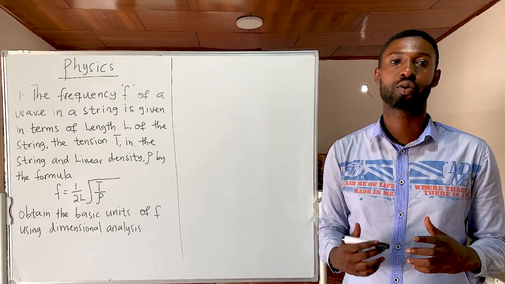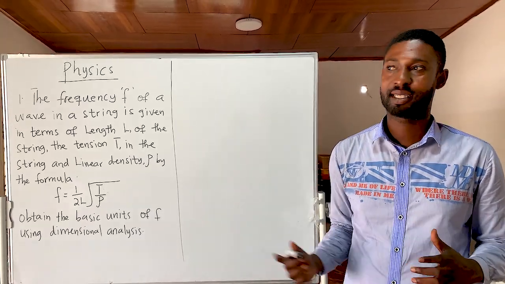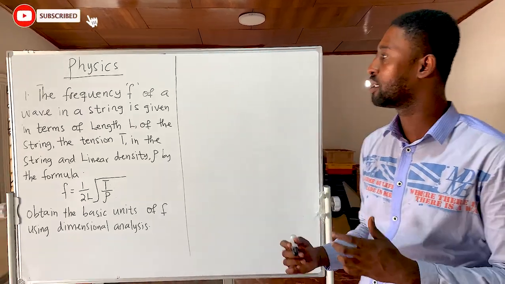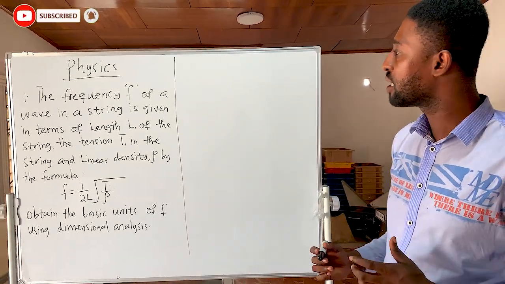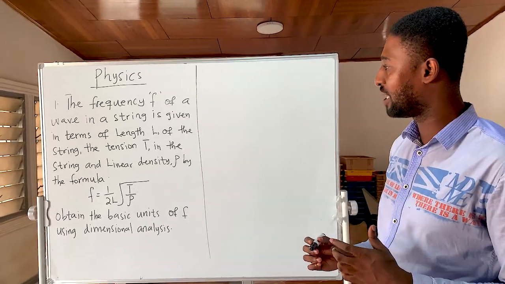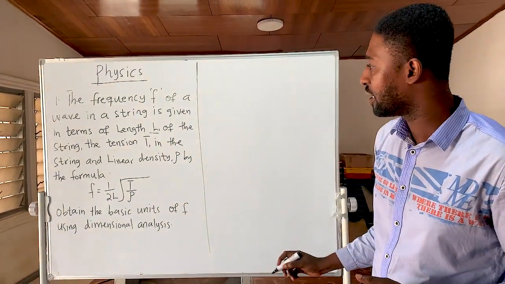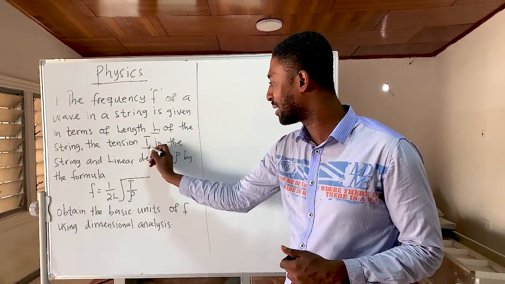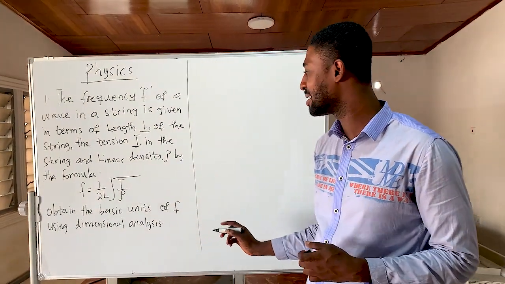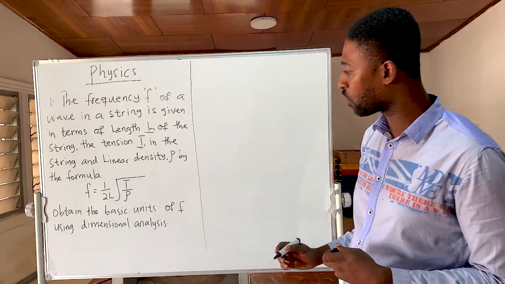So I've been going through dimensional analysis. Let's solve this past question, and this is WASSCE 2023. In the question, the frequency f of a wave in a string is given in terms of length L of the string and tension T. Remember, tension is a force in the string, and linear density rho by the formula